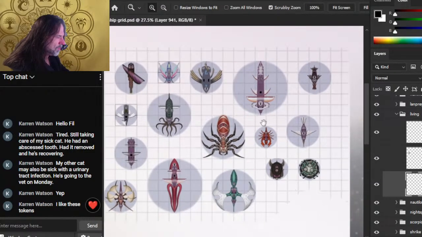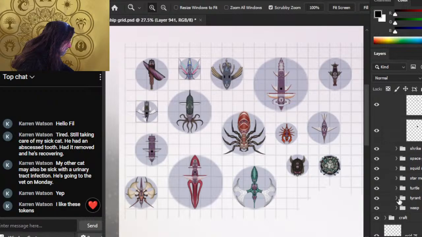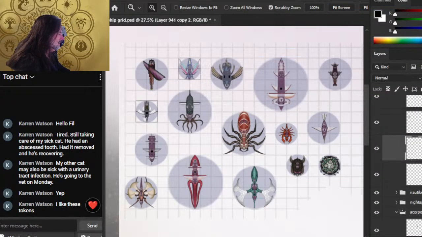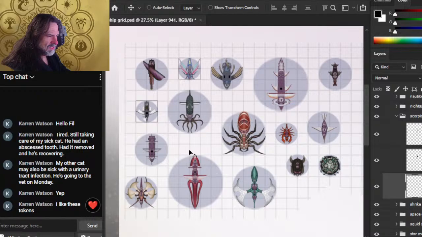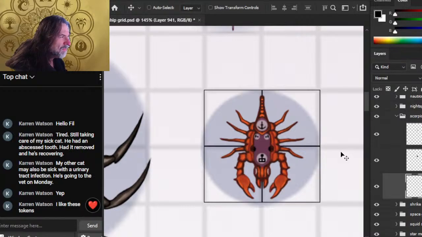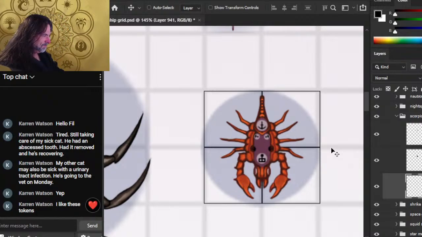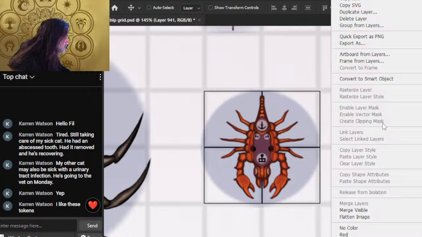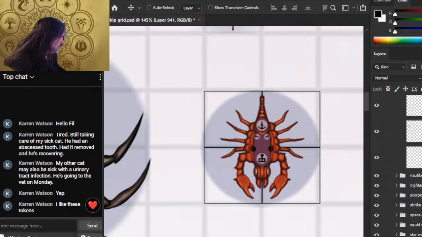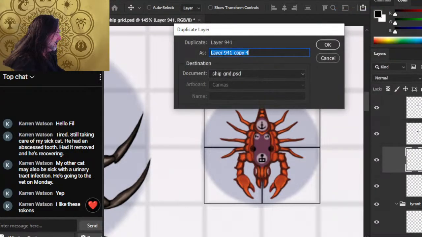And then the next one we'll have is a scorpion ship, turtle ship, and tyrant ship. So scorpion, turtle, tyrant. This isn't the most exciting work, I know. But it is mission critical. Let's go down to duplicate here, and then